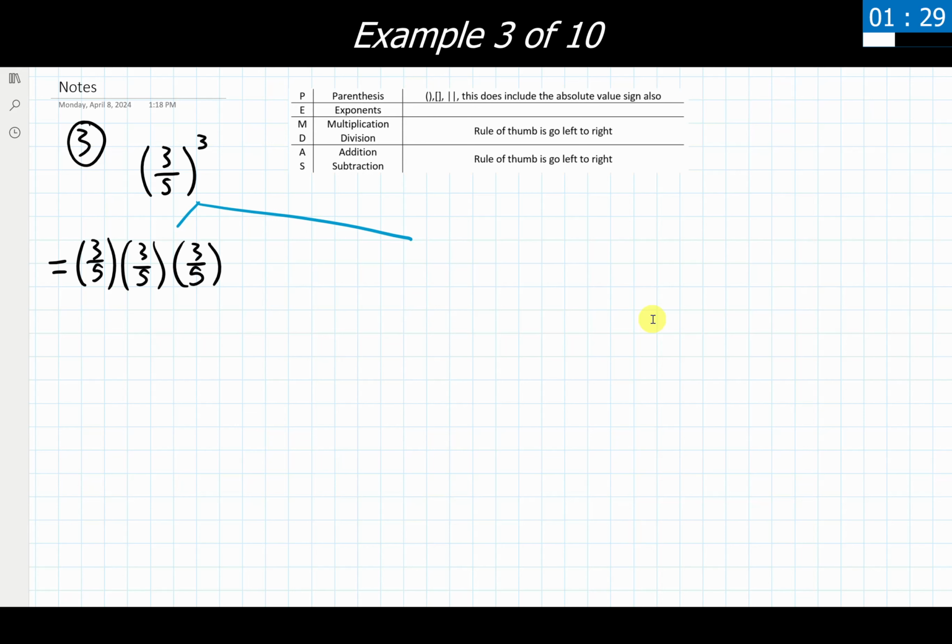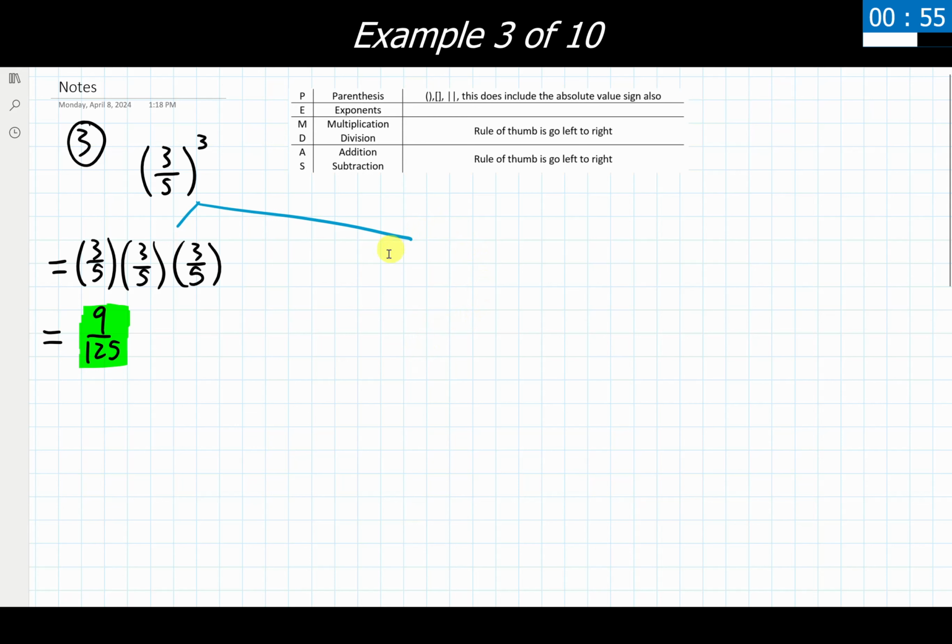Now you're welcome to use this method if you'd like to. I think we can run out of space really quickly if we use this for all of the problems. But it does a lot more clearly denote that we have fractions multiplying together, and when I do that, I can multiply straight across in the numerators and straight across in the denominators, and that's going to give me 9 over 125. Doing some calculations with that off screen, but you're welcome to use a calculator if those numbers get a little bit bigger and freakier like that.